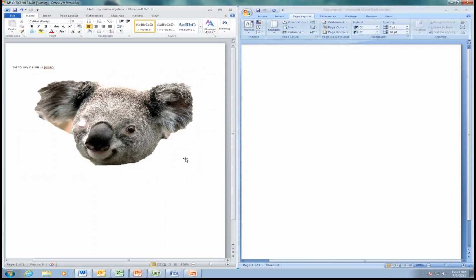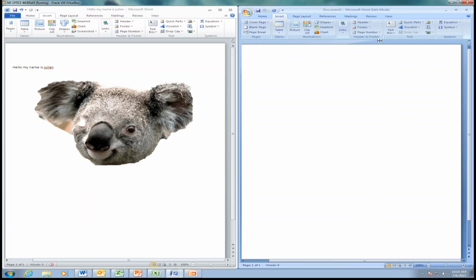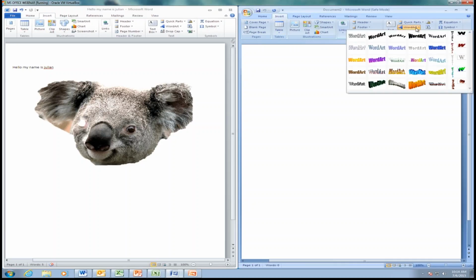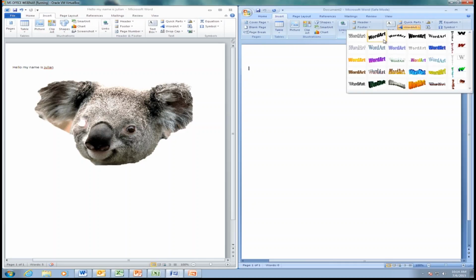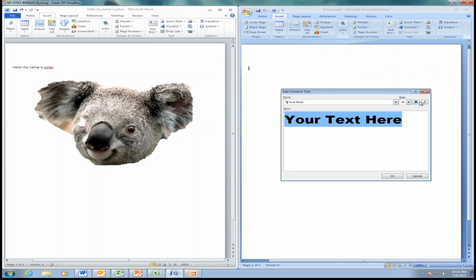And then word art got a little easier as well. So if we go to insert here, we can go to insert here as well. We can see that we can go to word art, and it puts this big menu here and shows you what it could look like. But if we click on it, you'll have to put your text here. It brings up edit word art, but with 2010,